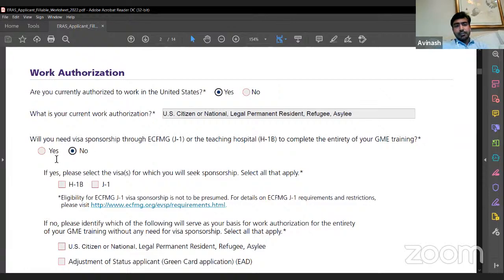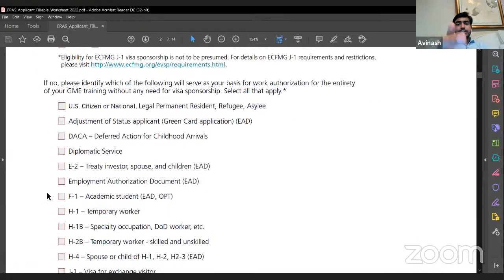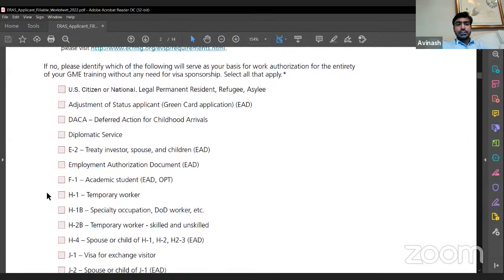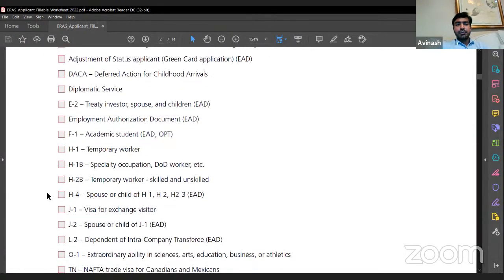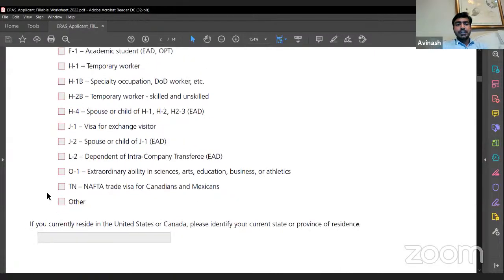Yes, we need it. Like, we are IMGs, we need visa sponsorship. What kind of visa sponsorship? We need H1B, J1. If you're done with Step 3, you will require H1B. Otherwise, if you haven't done Step 3, you only require J1, not H1B. This is the work authorization: US citizen, diplomat, A2, F1. Whichever visa you have, you can write it down